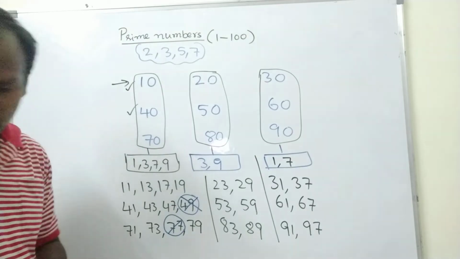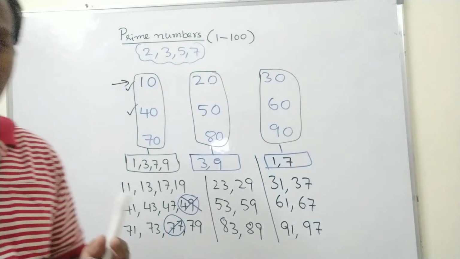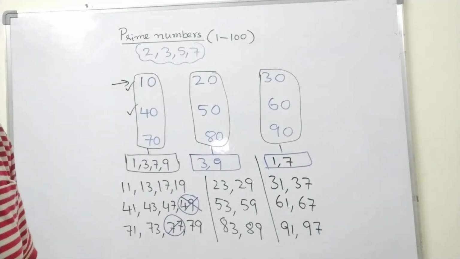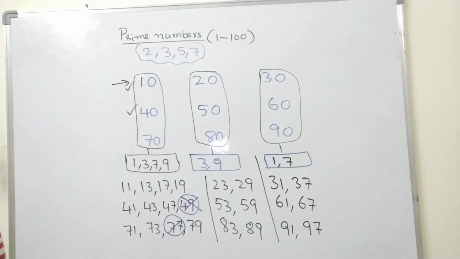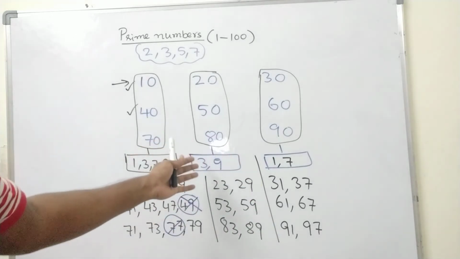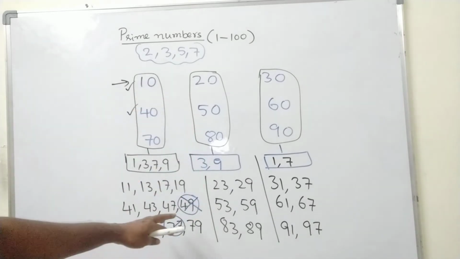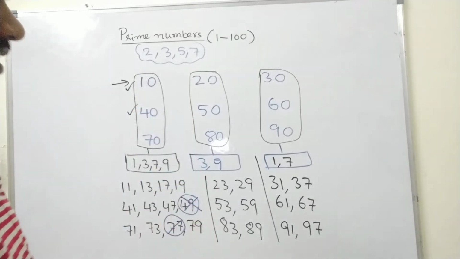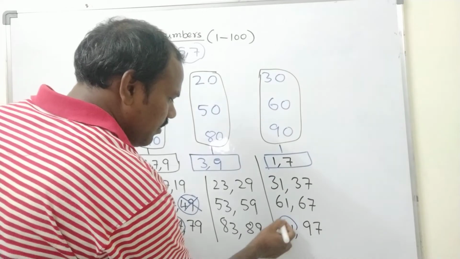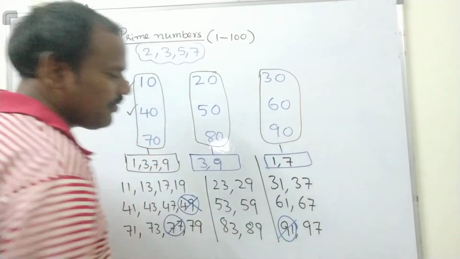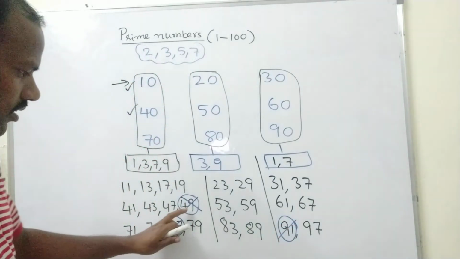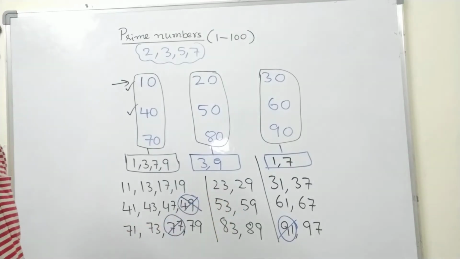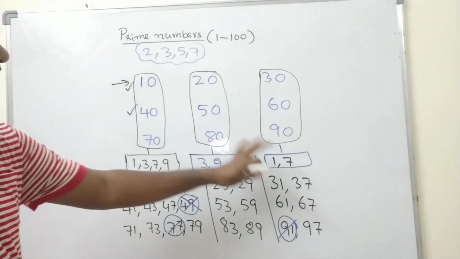Here also one drawback is there. Of course, for any theory invented by many famous scientists, they also have some remarks. Like that here also, what I developed has a small drawback. The drawback is you have to eliminate 91, which comes in the 7 table. So only 3 numbers are not prime, but the rest of all the numbers are prime.